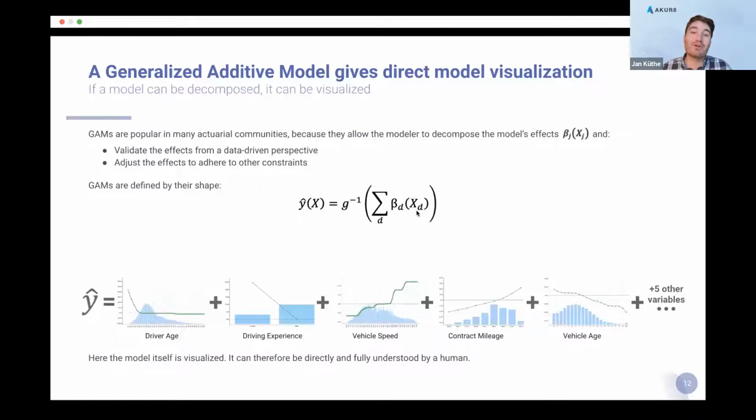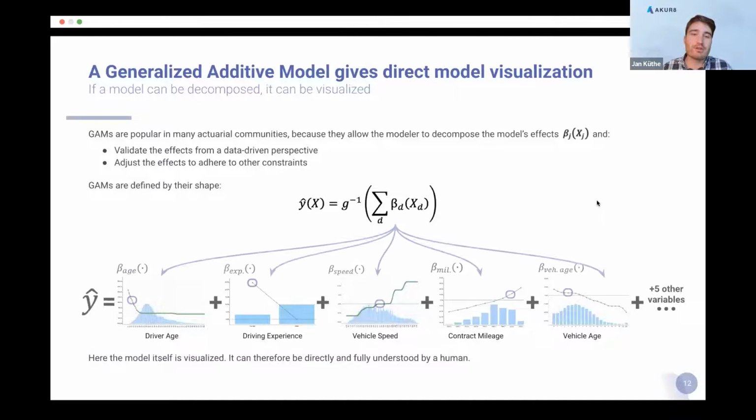You have your client information, we call them x_d here, for the independent variables. And then you have a summation over the effects you want to use. How does this look? Each of those betas is a function in one customer detail.